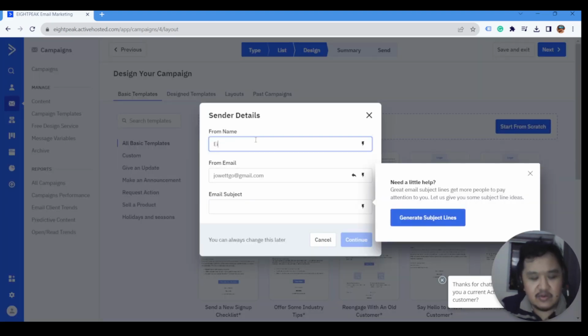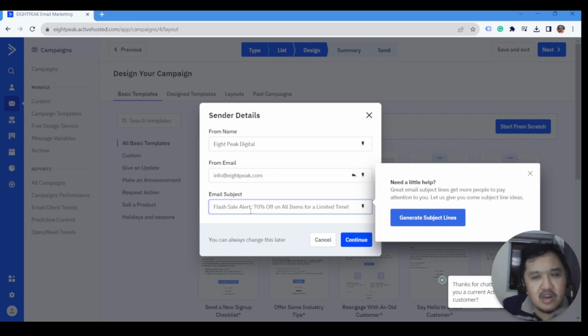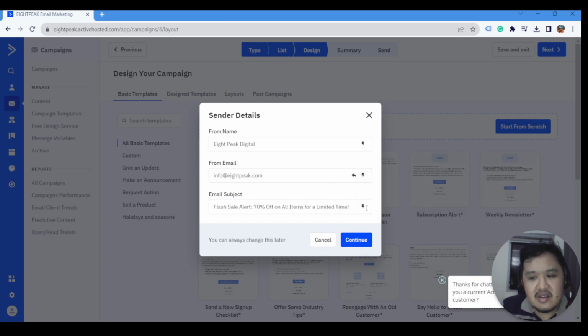and it will ask for your from name if you haven't defined it yet here in the settings. I'm going to put in 8eek.com, and this email subject, you can define and put it here. Don't worry about the teaser or pre-header text. We can always change this later. So I'm just going to put that there. So continue,